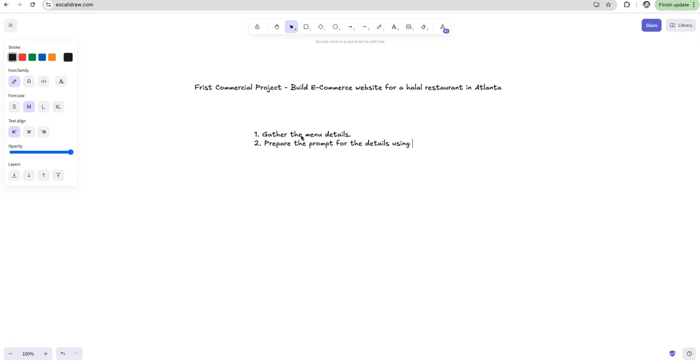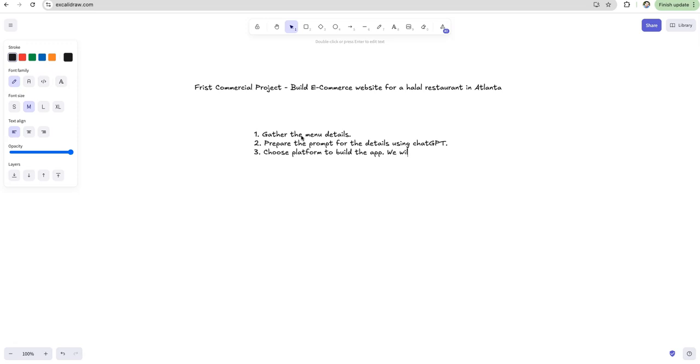And the next piece is preparing the prompt for getting the app ready, which means we have to use ChatGPT or any such tool to prepare a prompt which we can supply to an AI app development environment. So to do that, we are going to use ChatGPT to build that prompt. I will show you that as well. And choosing a platform to build this. To build this, I'm going to use